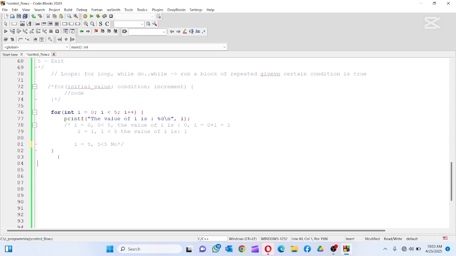So now I'm going to do an example also with the while loop, right? So we're going to see that it's basically going to do, so let me do integer